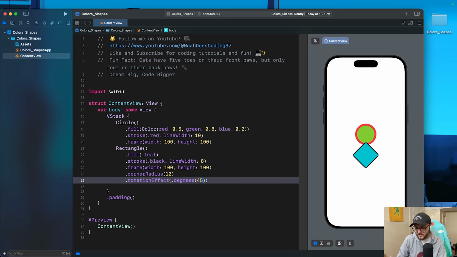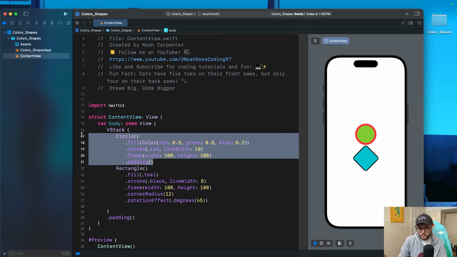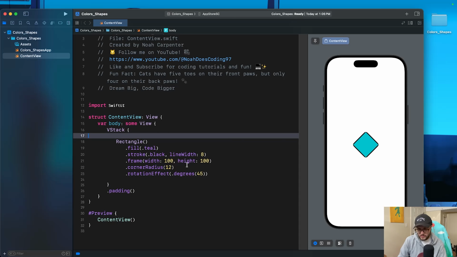Let's try 45 so it looks more like that diamond. And we'll definitely add some padding between these two shapes. There we go. So you can play around and augment these shapes as you will. They're really great, in my opinion, when used in a Z stack, and you can overlay items on top or behind them. Alright, I'm just going to quickly get rid of our circles so we can focus more on our